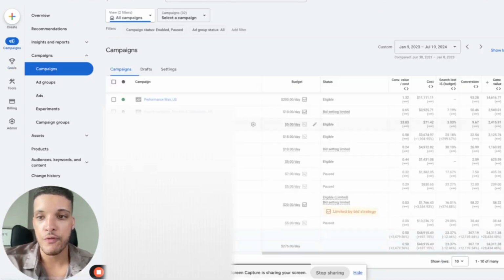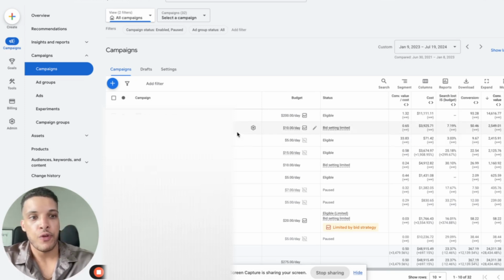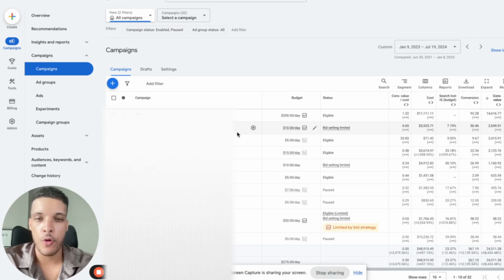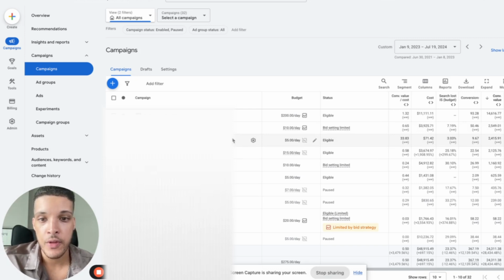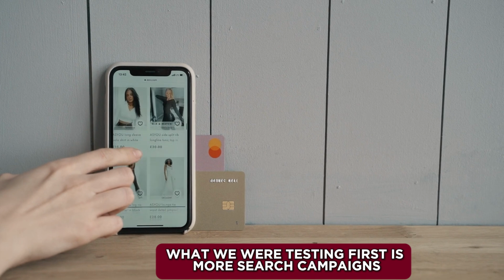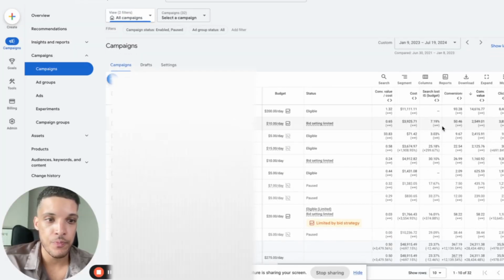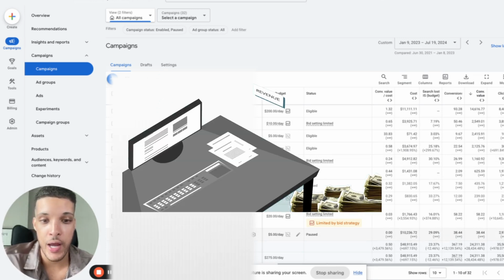Now that we had the conversions tracking properly in the account, we still had two different tests that we had to run. One was more lead generation focused, which was more phone calls, lead form submissions, that sort of thing. So essentially, what we were testing first is more search campaigns. And in these search campaigns, they would generate leads and phone calls, but they wouldn't overall generate more revenue for the business that could